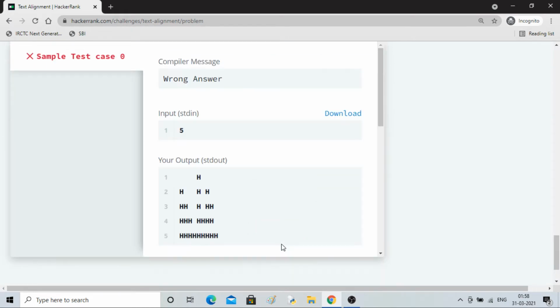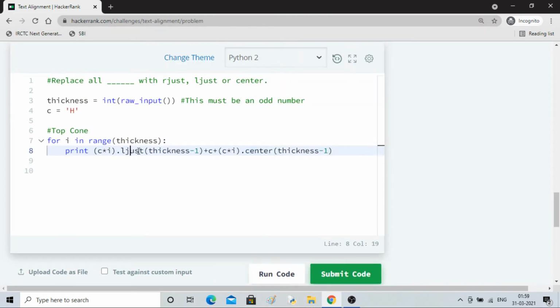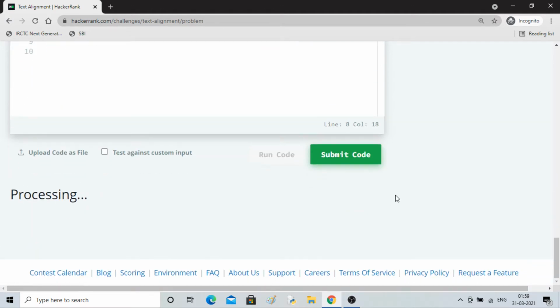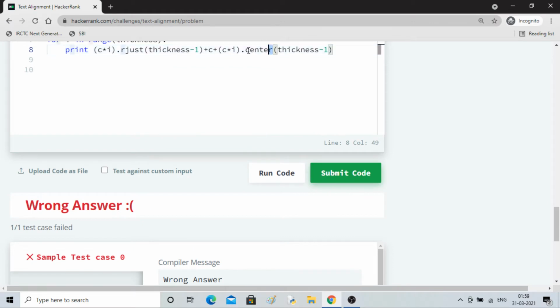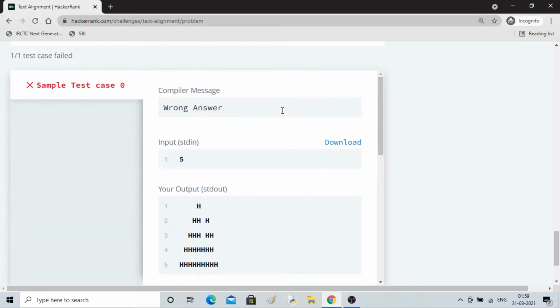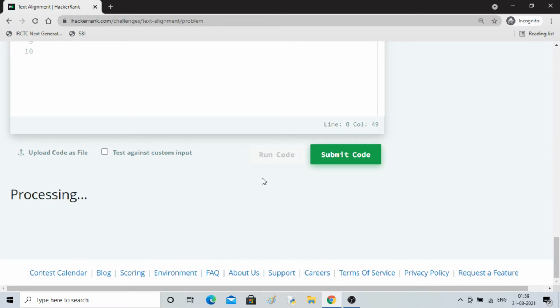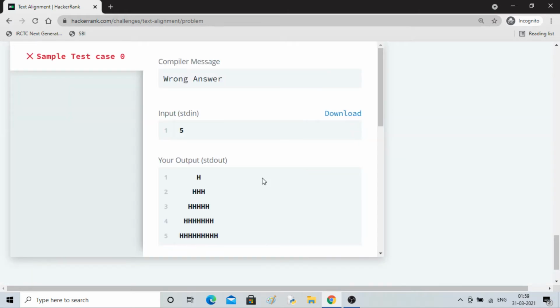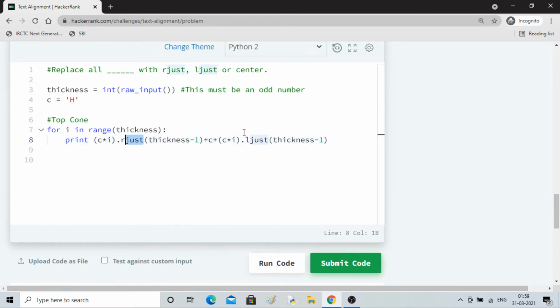Center, then no, it doesn't look good. So let me change this guy to rjust. You can try it out. Hit and trial will work here. So yeah, this looks better. I think I'll change this to ljust to shift these guys to the left. Okay, that's what I'm doing. Yeah, now it looks good. So in the fill in the blanks you will get ljust and rjust.